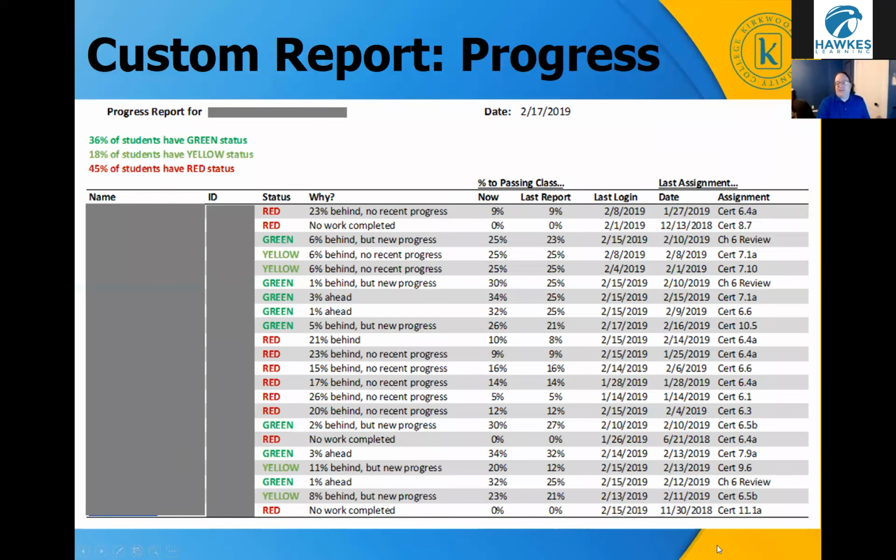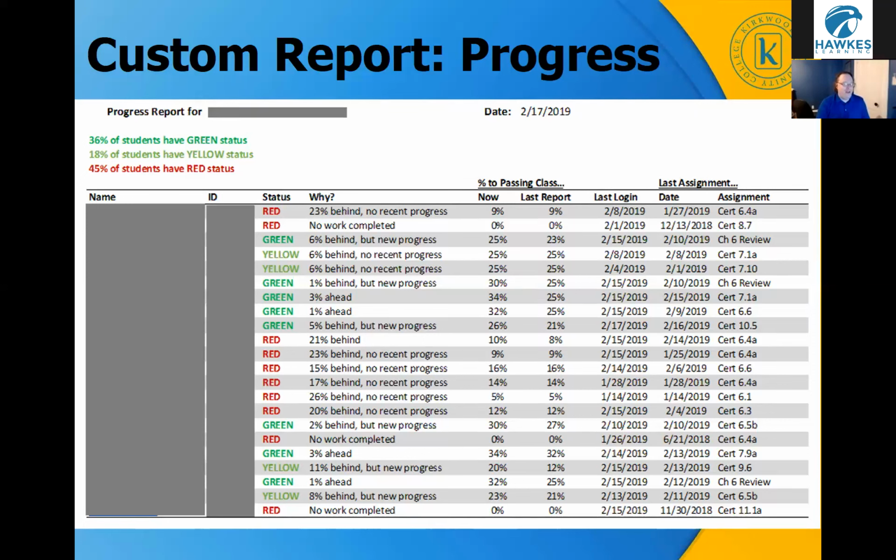We do some custom reporting, and everything we do on our custom reports is information that can be found in Hawks reports. But I do this basically as a service for our instructors to try to put information in front of them that they're going to need in as accessible a format as possible, so they don't have to spend as much time looking at individual student reports, and they can focus on reaching out to students who need help or thinking about strategies to help students